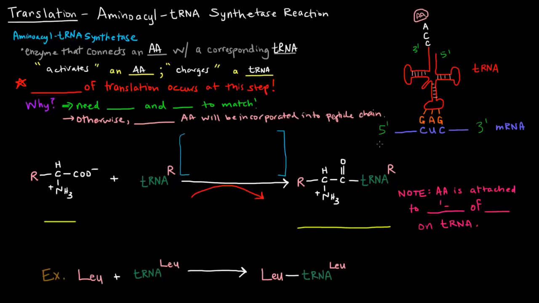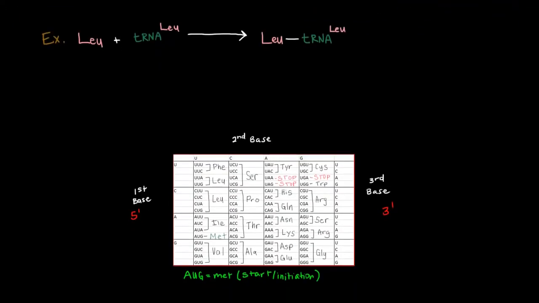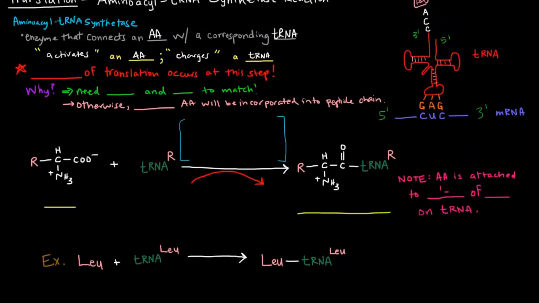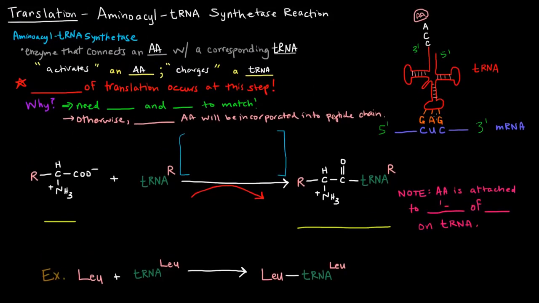Now notice here, in this case, if we have an mRNA strand that is 5' to 3' and it's CUC, then it should code for leucine. So the anticodon on this tRNA base pairs here, this GAG base pairs with the mRNA. Now this tRNA has an anticodon that pairs with this codon, so this tRNA should have a leucine